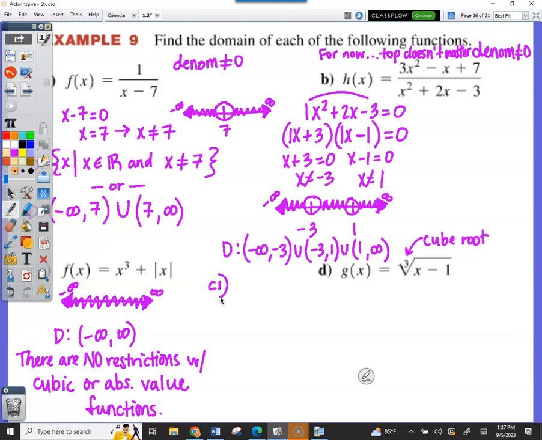Solid. All right. Let's create a new example. We're going to call it C2. There you go. C2. Let's do h of x equals